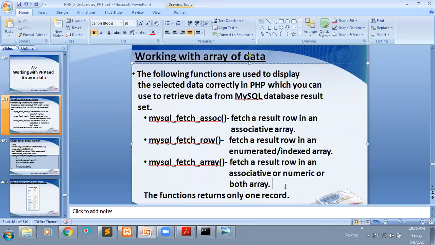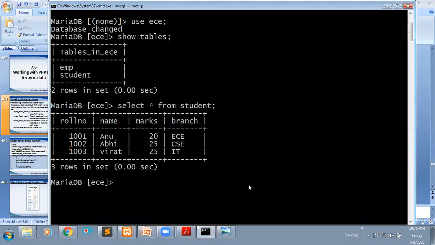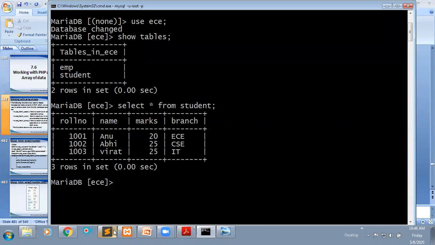For example, you can see here this is the table. Select star from student gives the total table data, and I'm going to display that in the output.